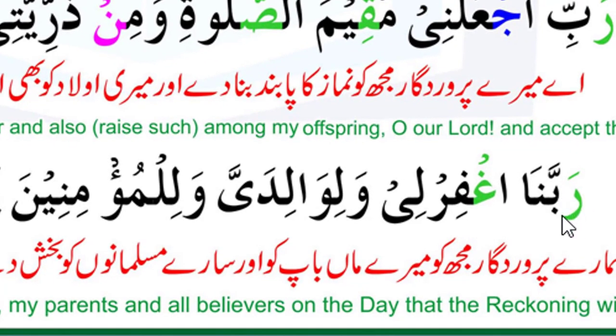In the next, Ra connect with the Ba, Rabb, Ba has fatha Ba, Rabba, Noon connect with the Ghain, Rabbanal, Fa connect with the Ra, Fir, Ra is also in light sound right now. If Ra comes with Sukun sign, and if the letter before has a Kasra, at that time also we read Ra in light sound. Fir, Lam connect with the Ya, there is a Ya Madda, Li,